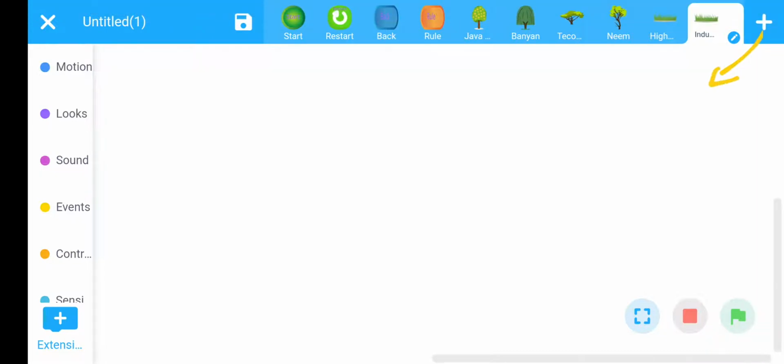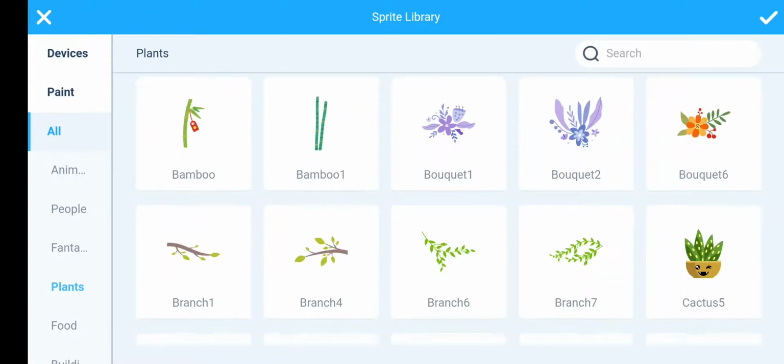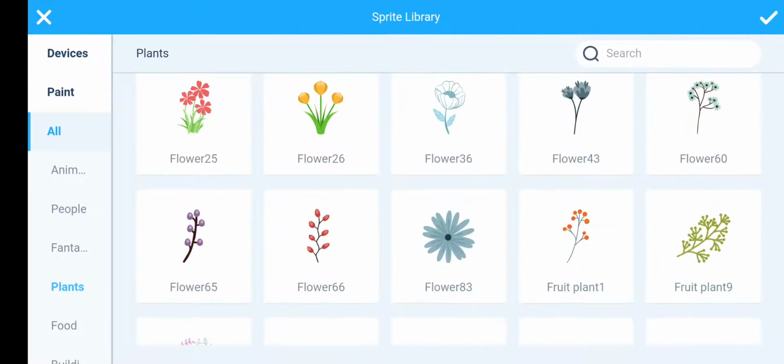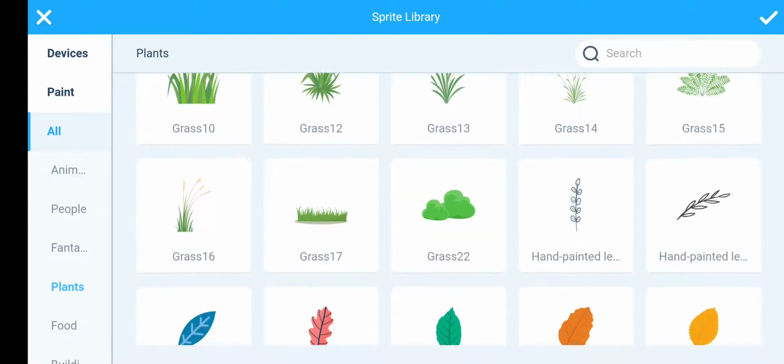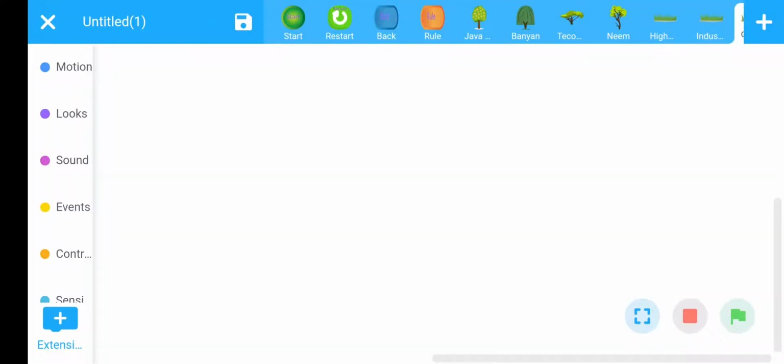third soil patch. Same process, click on this plus sign, go to plants. Then again choose this sprite and rename this.